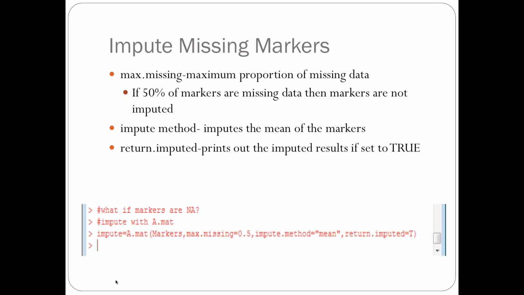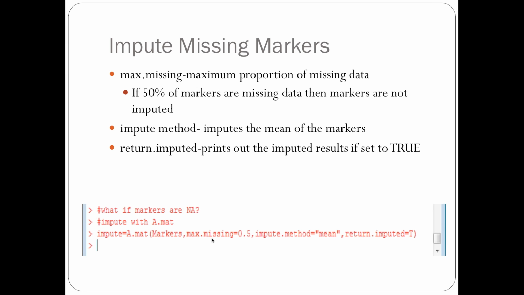So for the impute code, the first argument is the markers, and this is the matrix that needs to be imputed. And the max.missing I have set to 0.5. So this is the maximum proportion of missing data that is allowed. So if more than 50% of the markers are missing data, then the markers are not imputed, and these markers